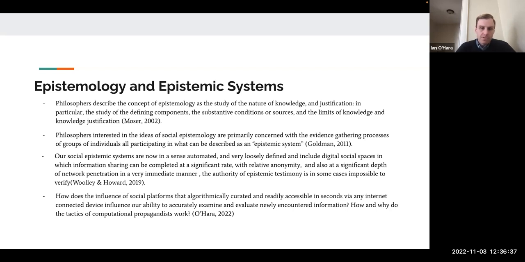So how does the influence of social platforms that are algorithmically curated and readily accessible in seconds via any internet-connected device influence our ability to accurately examine and evaluate newly encountered information? And how and why do the tactics of computational propagandists work, right? Because as a rational actor, looking at some of the content that has been shared hundreds of millions of times at different points in time